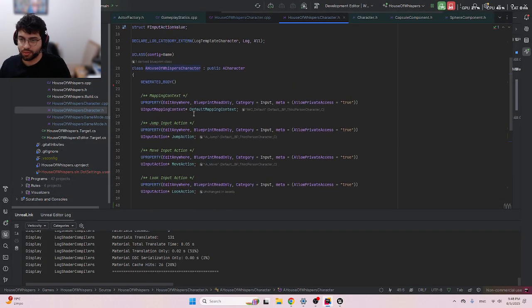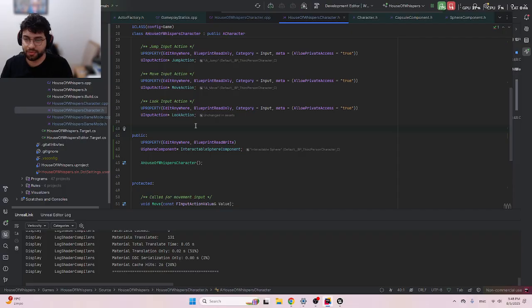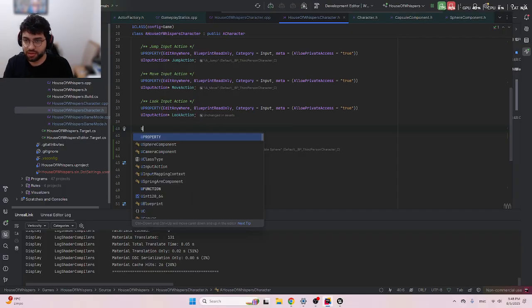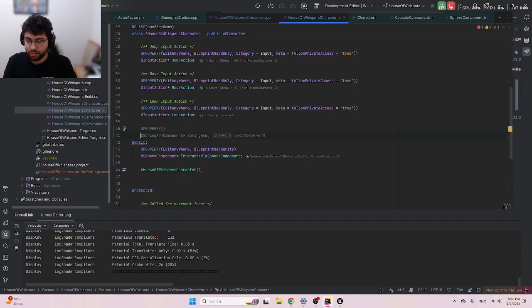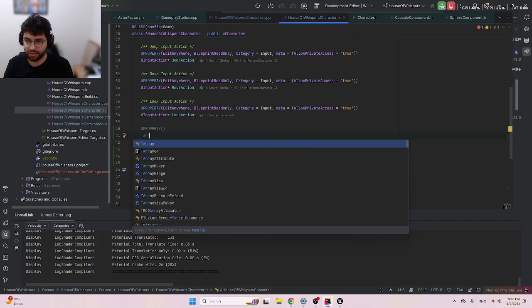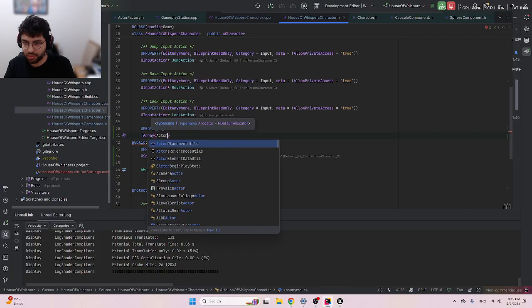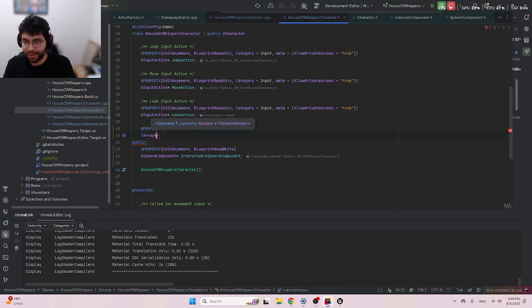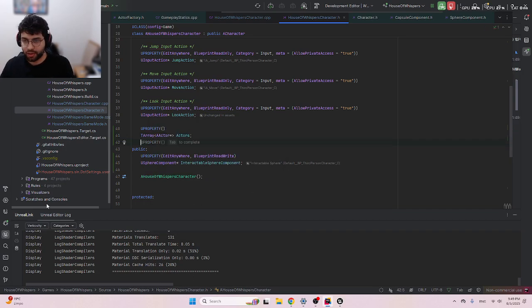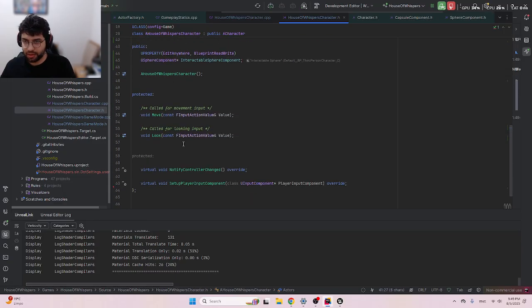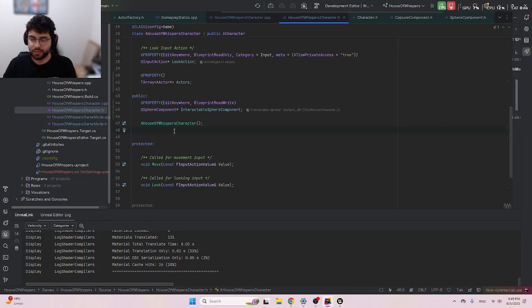Every time I overlap something new, I will just add a new item to this list, to keep control of everything I overlap. So it's basically an actor, and okay, so this is the actor, and I need to create the function that